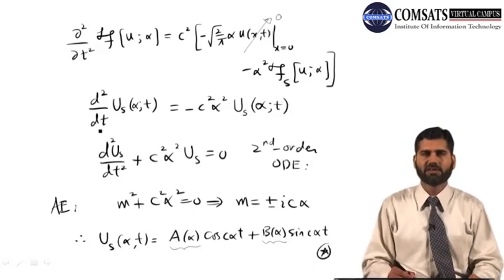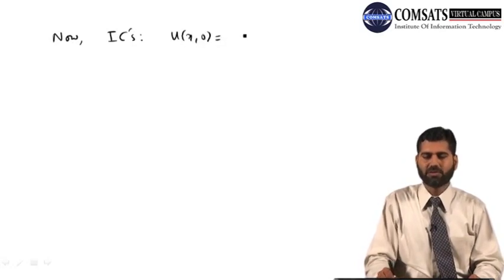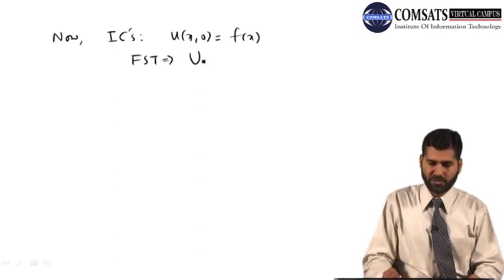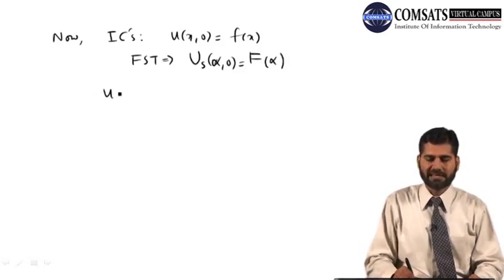So they are basically functions of alpha, not exactly constants. Now the initial conditions are u(x,0) = f(x). If I take the Fourier sine transform, it will give us U_s(alpha, 0) = F(alpha). Similarly, the second condition was